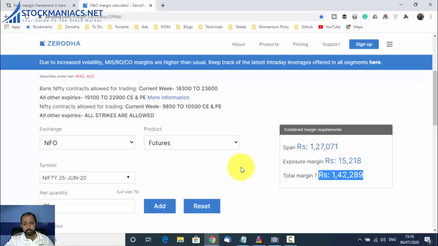Now let me show you. If you just sell a call along with this Nifty futures buy position, the margin required will be drastically lower. And you know that even selling call requires margin. But if you combine both of them, the total